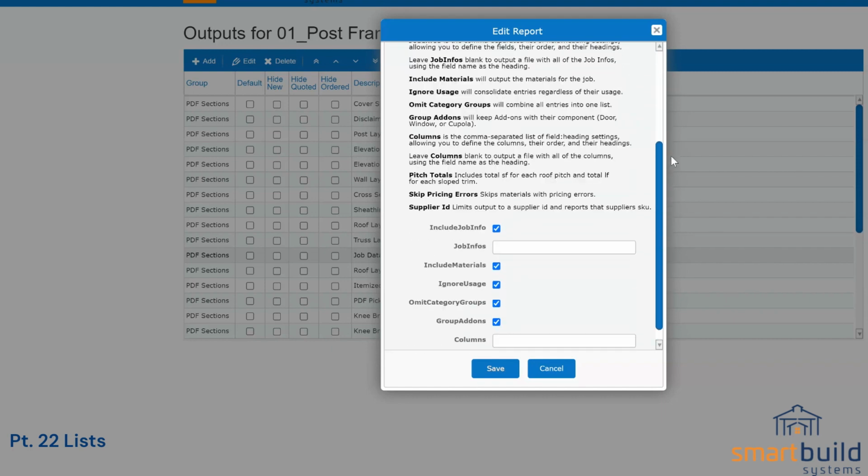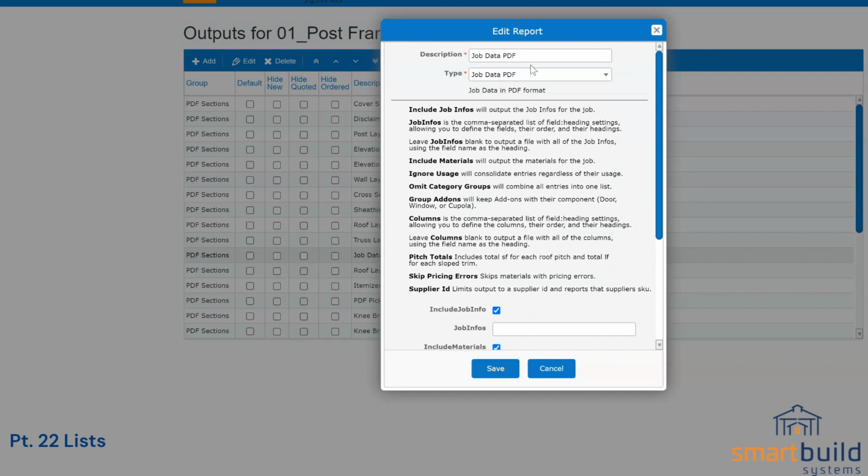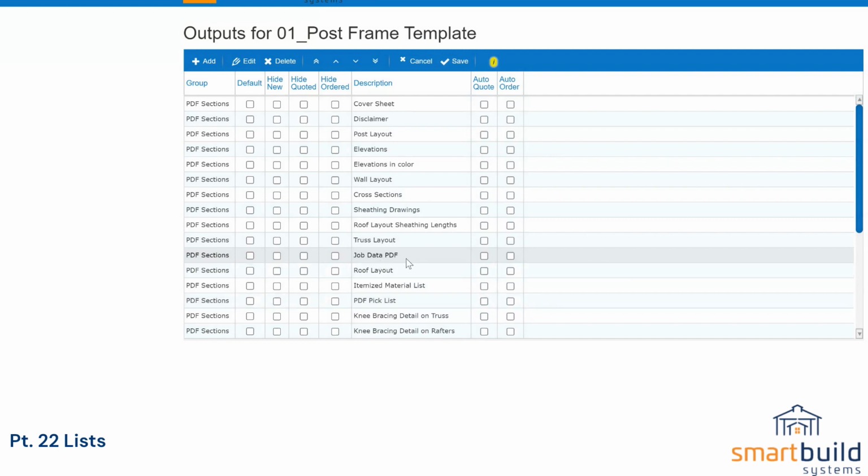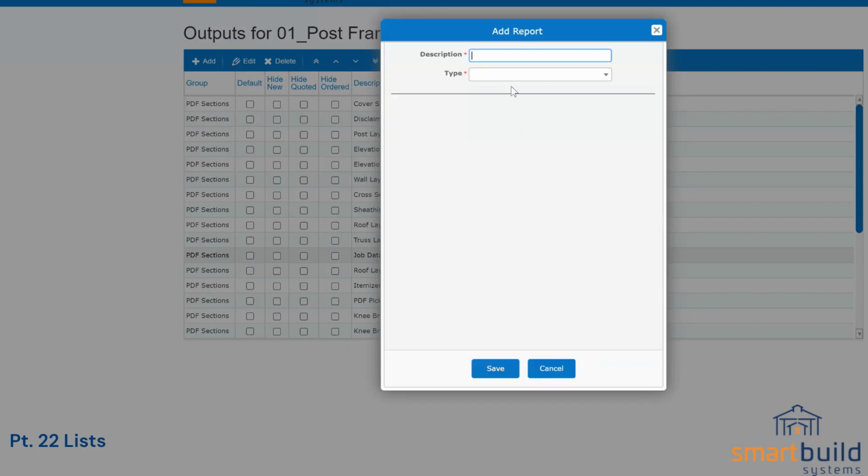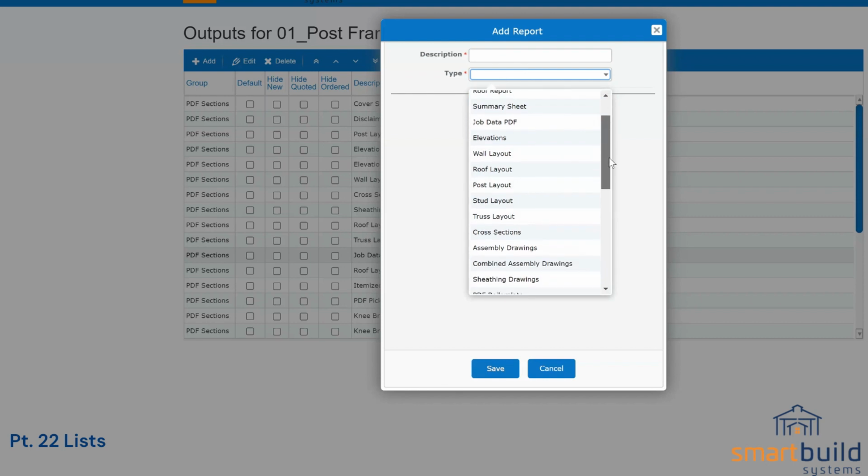Now this is where we get a lot of questions around this one. It's just, how do I set this up? Because there are so many ways you can set up this job data PDF. And a good way to start to set this one up is, don't start with the PDF. Let's start with the CSV, because there's also a job data CSV. So if you click add, select job data CSV from this list,